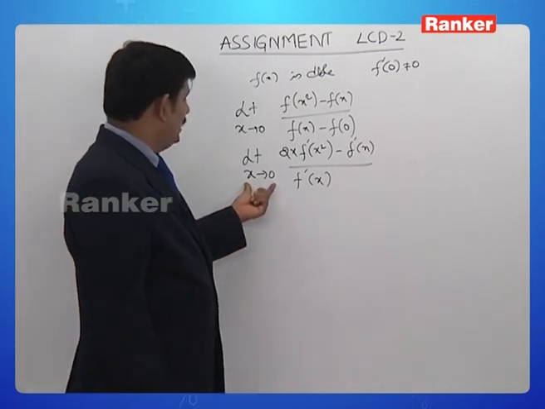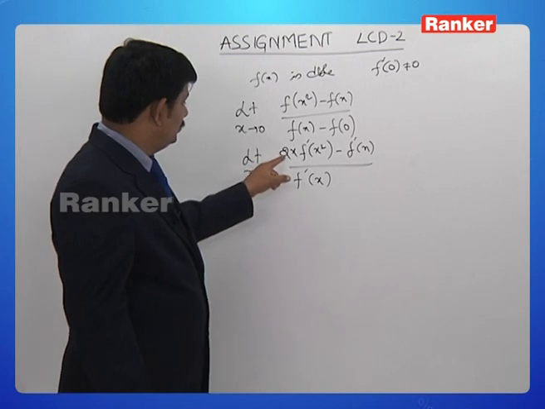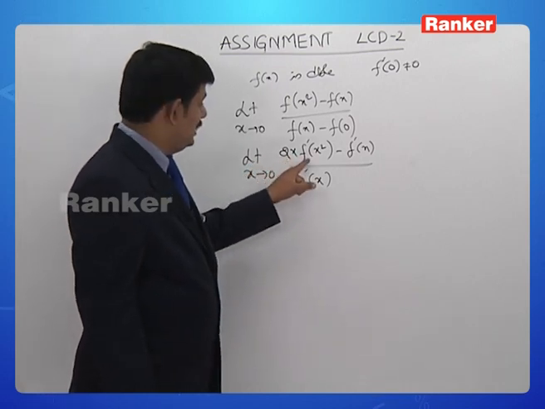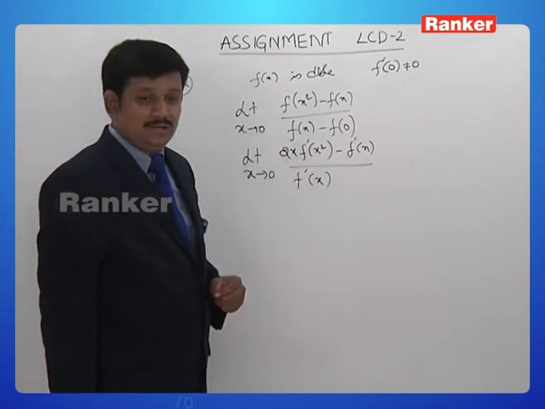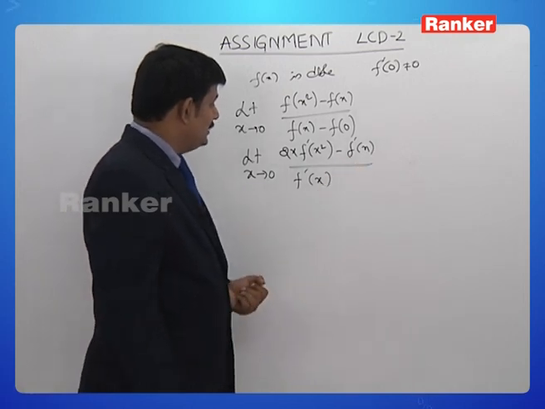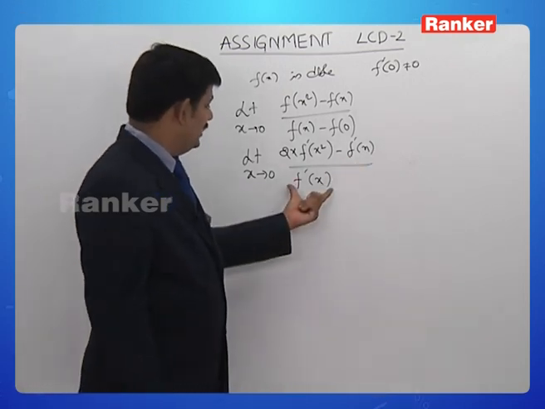So we have limit x tending to 0, 2x f dash of x square minus f dash of x divided by